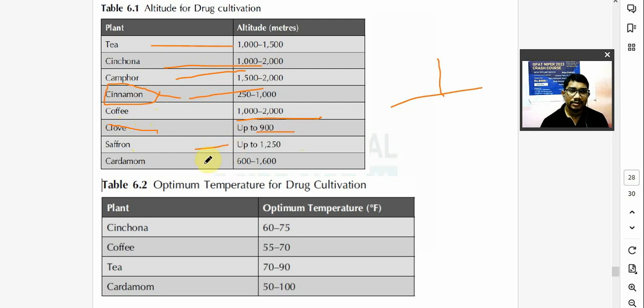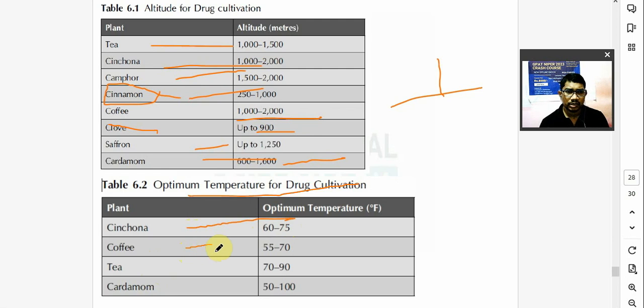So they are not going to ask you the altitude, they are not going to ask you the temperature, okay? But you should know this, that's why I have included. Okay? Type of soil will also affect the quality of active content from the crude drug. आपका जो प्लांट है अगर आपने प्रॉपर सॉइल में रखा ही नहीं, उसको प्रॉपर फर्टिलाइजर ही मिला नहीं, तो आपका जो ड्रग जो एक्टिव है उसमें क्या रहेगा, उसका क्वालिटी क्या रहेगा।